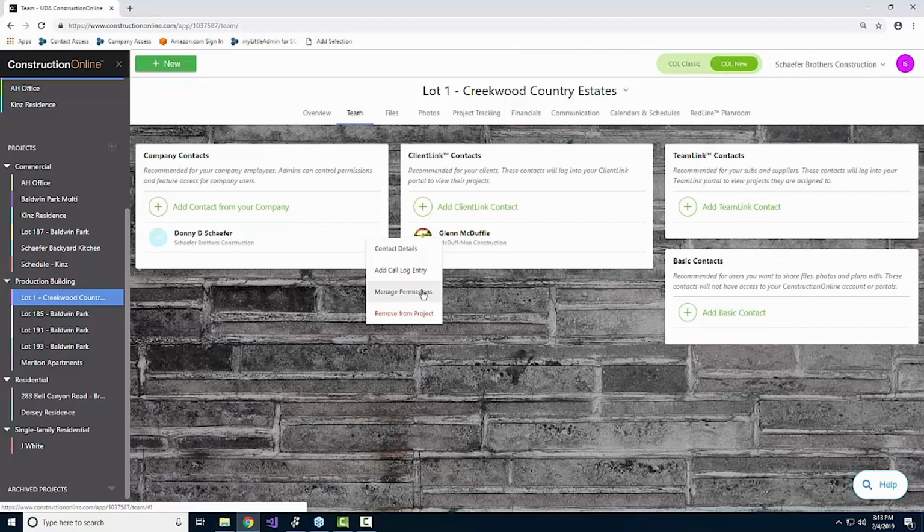Admins, of course, just have access to everything. There's no restricting or including. They just have all the details. Now, beyond that, you'll also have client link contacts and team link contacts as your next two primary contributors on